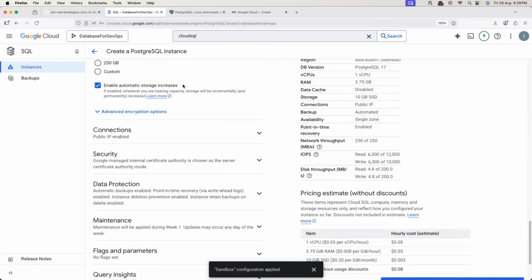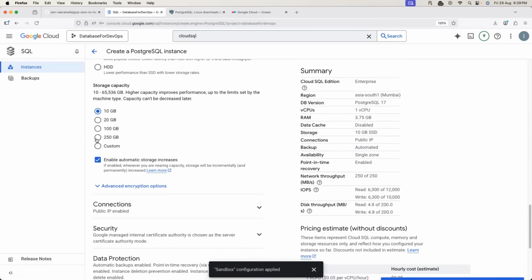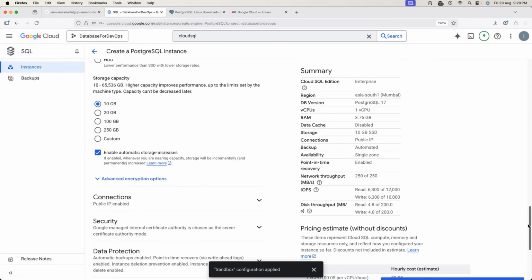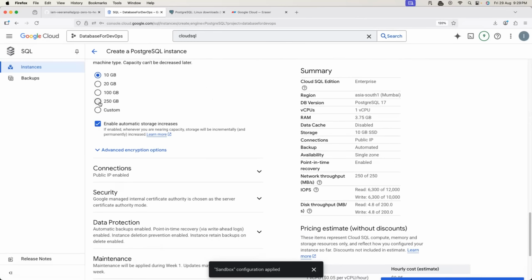At one point, you might have less data, but when there are concurrent user requests, you might be pushing a lot of data into a database. So if you set up with a fixed size, even if it can be 250 GB, at some point the storage will be full and you will be looking for more storage. You will not have time because users keep accessing the data. So what you can do is you can play safe and you can go for enable automatic storage increase. At any point, if you select 250, and the storage reaches 200 or 220, the cloud platform automatically